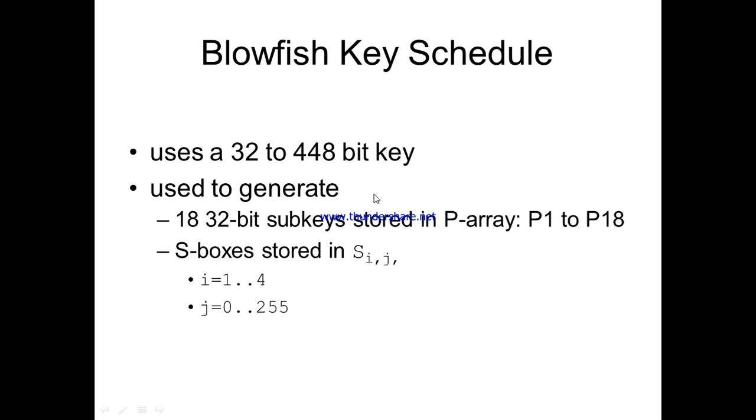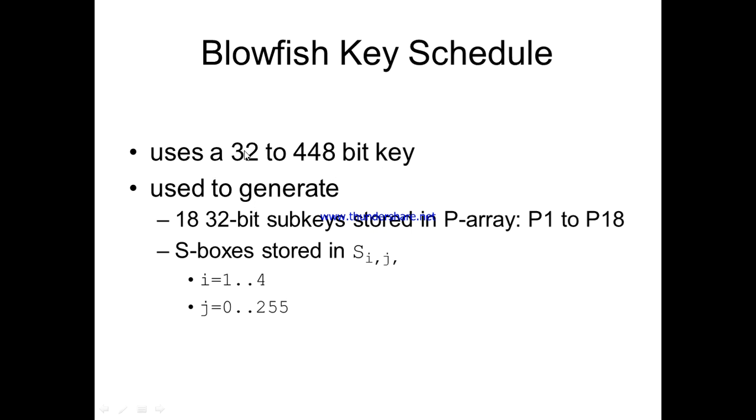And whatever key you are taking will be divided into 18 32-bit subkeys. So you are going to expand the key. If you are using a 32-bit key, you have to expand it up to 448. If you are using 448 bits itself, that 448 is divided into 18 parts. If you are using only 32 bits, it has to be expanded to 448. How will it be expanded? That 32 bits will be repeated, so that it will be around 448. Clear? You can have any number in between 32 and 448, no issue with that.